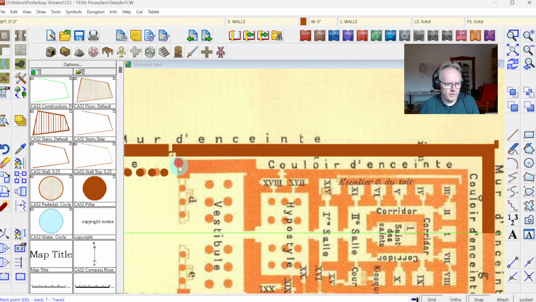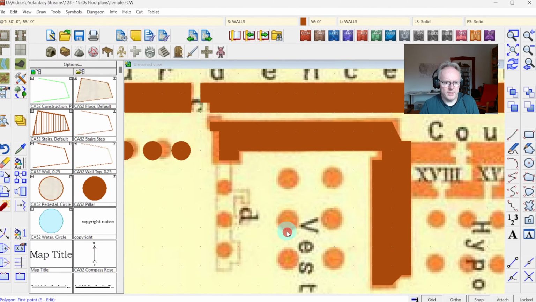I've got a question there from Furthus. I'll get to that in a moment when I'm done drawing this wall here. See here, I'm just going to go through this and stop my wall at that point. And I do need to fix a few things. There we are, and I think I want to make this a little wider,